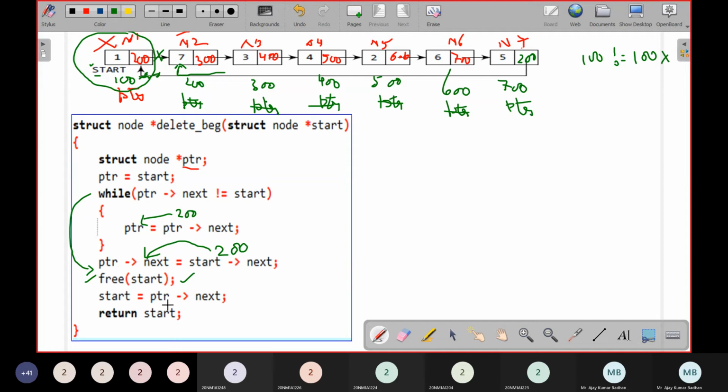So start equal to pointer next. Where is the pointer right now? Pointing to the last node. Here it is. So start equal to pointer next. What is the address we have in the pointer next? 200. So indirectly start has come up to this particular location. So this is totally removed from that particular location. This is the way you can do it. It's very, very easy, isn't it? I hope you are understanding and performing it. So you just practice it so that it becomes easy for you to understand.